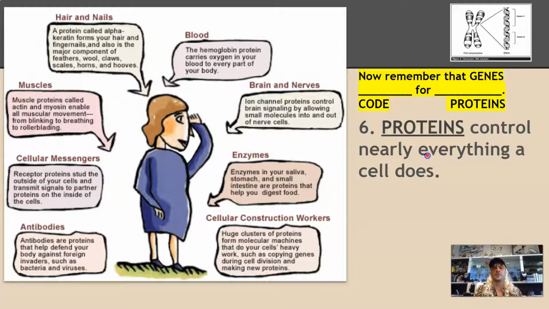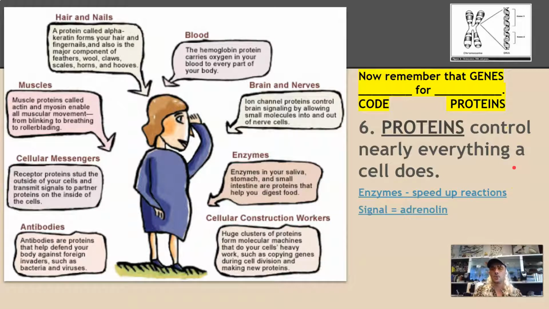So our muscle cells are made of proteins called actin and myosin. We have enzymes in our saliva that speed up chemical reactions and help us digest food. Amylase is an enzyme we make in our salivary glands that secretes out into our saliva when we smell food or when we're chewing on food, and it helps break that food down. It's a protein that does that, helps us digest.